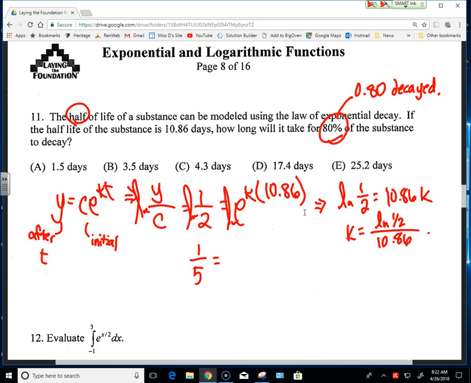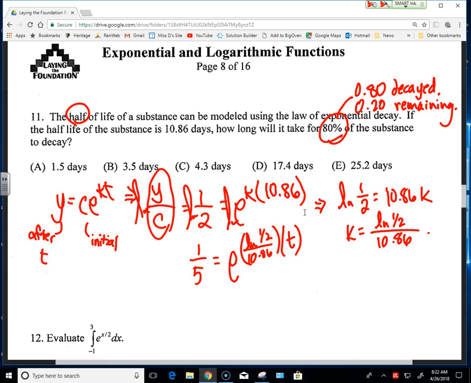So now, instead of 1/2 being the ratio, I'm going to set 1/5 equal to e to the, hey, I know k. K is going to be ln of 1/2 all over 10.86 times, I don't know t. So 80% gone, 20% is left. 20 percent is 1/5, so I set the ratio equal to 1/5. I can still solve using ln to cancel out my e. And I can end up with t is equal to ln of 1/5